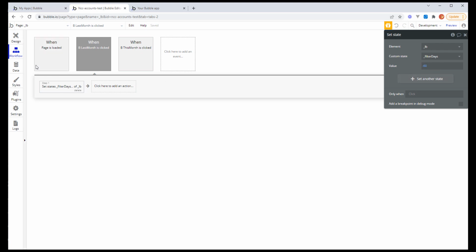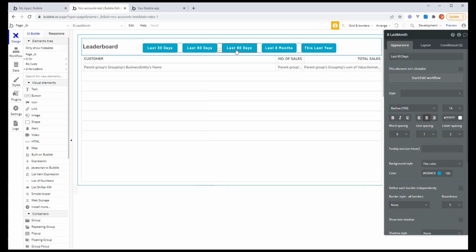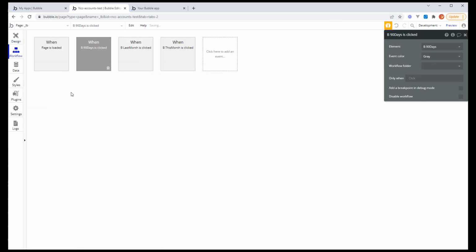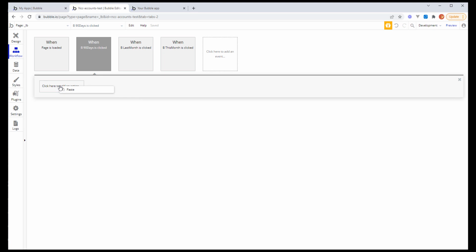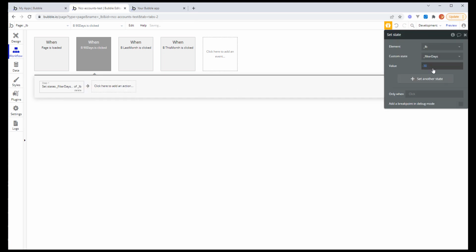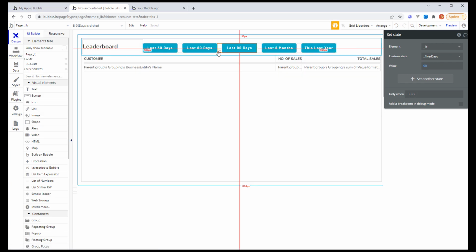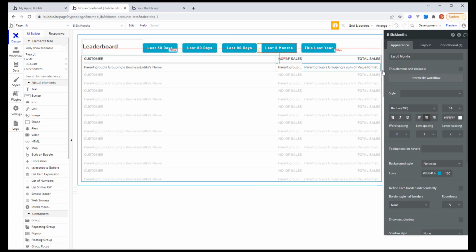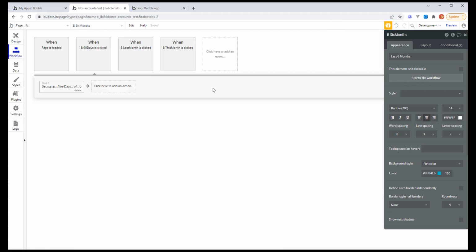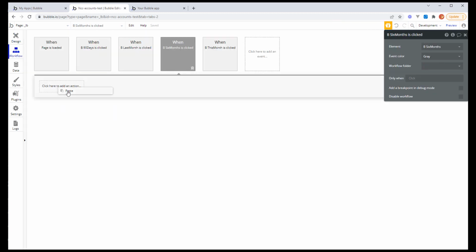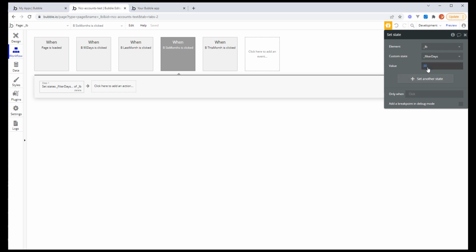Okay, and design, let's do 90 days, and you can kind of see why I set a lot of this up beforehand, because this can be a little bit tedious. But -90, there we go. Okay, design, and last 6 months, which I set to 183, I believe, so paste that in there, 183, which is roughly half a year,